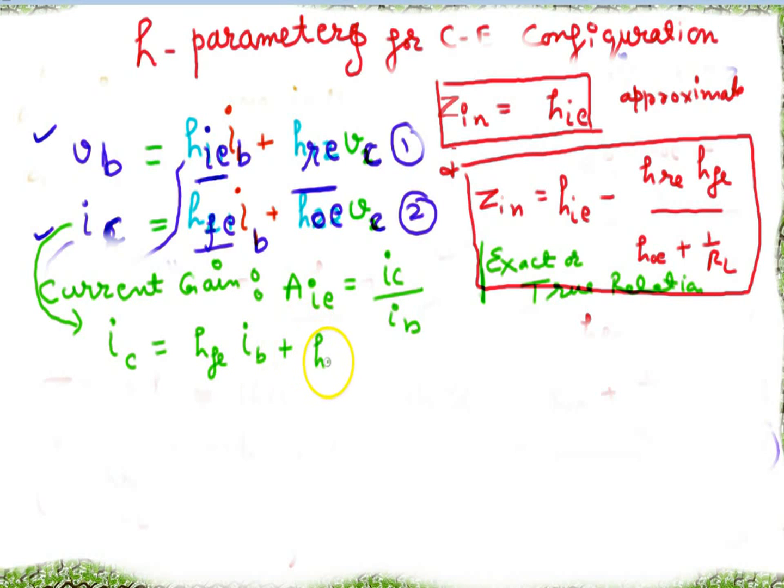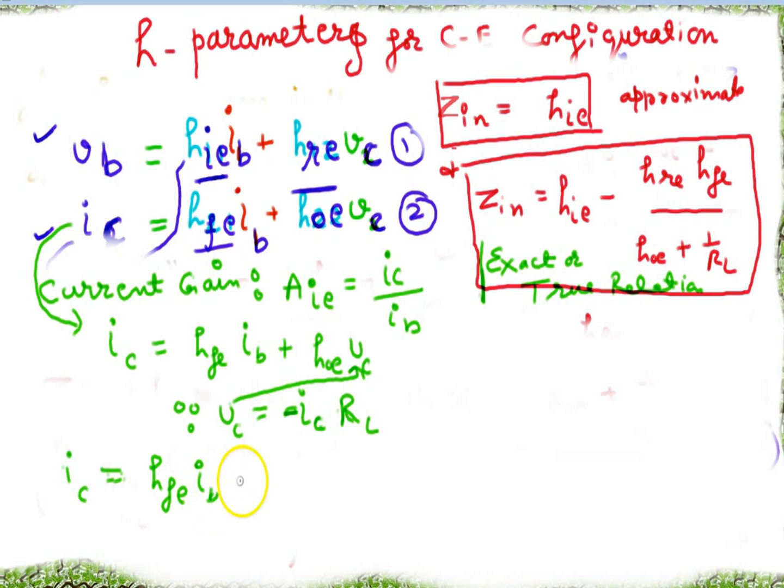We find IC over IB from equation 2. As well, we know VC equals minus IC RL. Substituting it there,